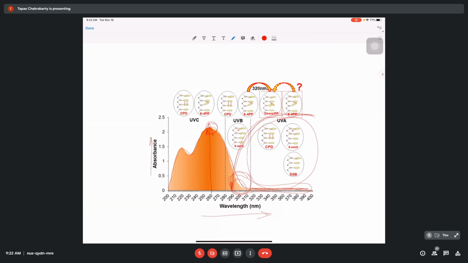So two factors are actually working here. One is that in UVB, the absorbance is large, but the integrated intensity is small. In UVA, absorbance is small, but the integrated intensity of the available light is large. So it has been estimated that the overall effects are not very different. Of course, UVB has a much more damaging effect. Why it is damaging and how it originates, I'm shortly going to explain to you. But for UVA, the damaging effect is also not negligible.